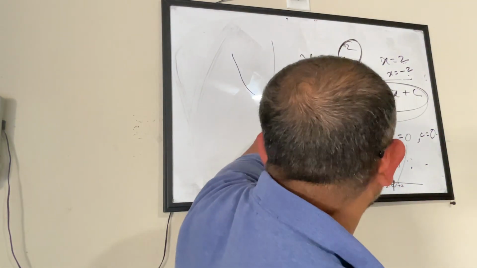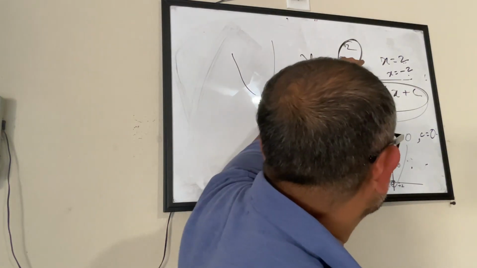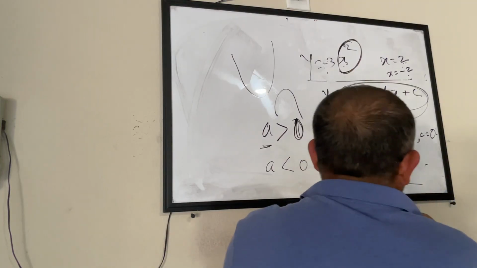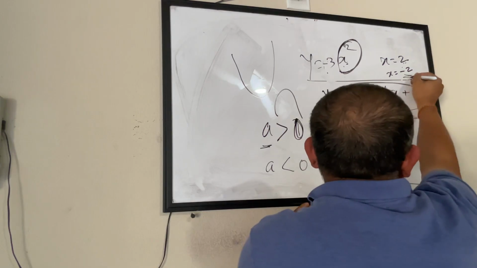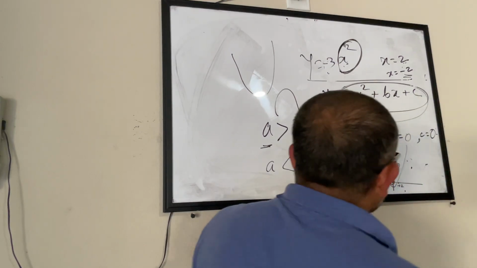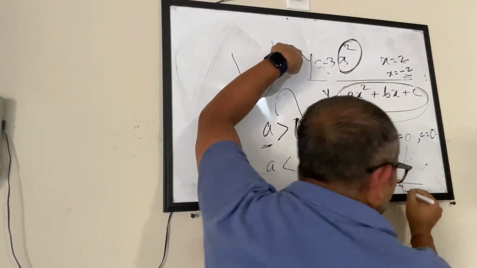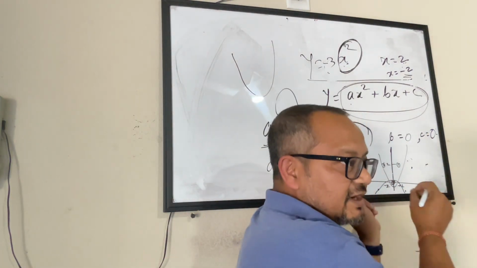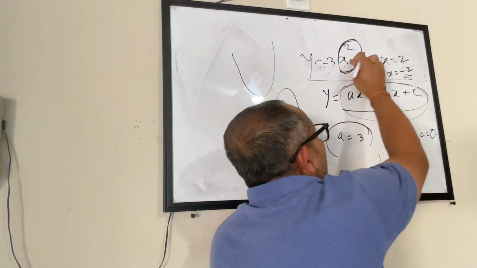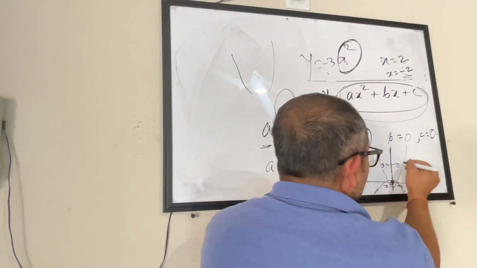If a was minus 3, it was minus 3x squared. For the same scenario, when x was minus 2, it would have been minus 12, it would have been here. But when x was 0, y would have been this. So, just by plotting some points here, when you pick any positive value or negative value of x, you see that these are the points coming in